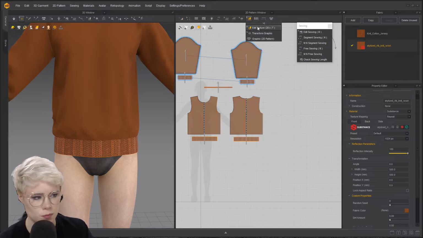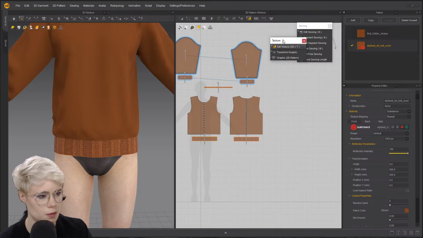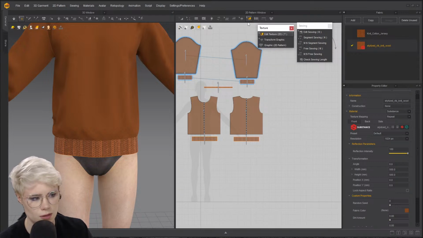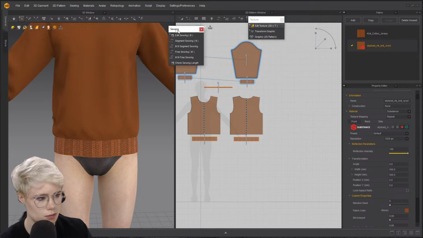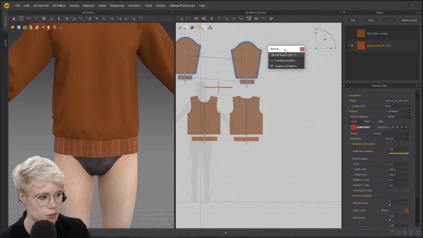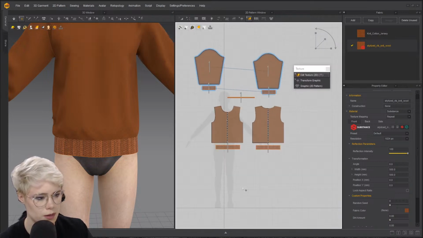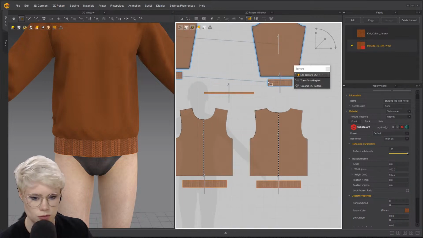To change that, we can go up to the, let me pop this out, texture tools. It looks like a cloth with a grid on it. It's right here. We can do edit texture. Close the sewing tools. So we can edit our texture, and we're just going to edit